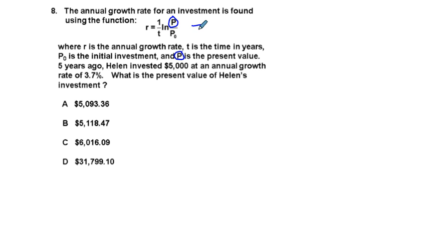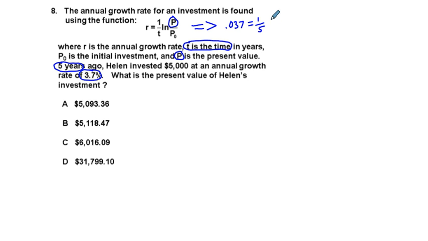I'm going to do this two ways. One way is going to be without a calculator. And to do this without a calculator, well, you're going to have to use a calculator, but not as much. I'm just going to replace everything. R is 3.7%, so I'm going to say 0.037 for R is equal to 1 over T. And T is time in years, and we find out that that's 5 years ago. So we're going to put in 1/5,